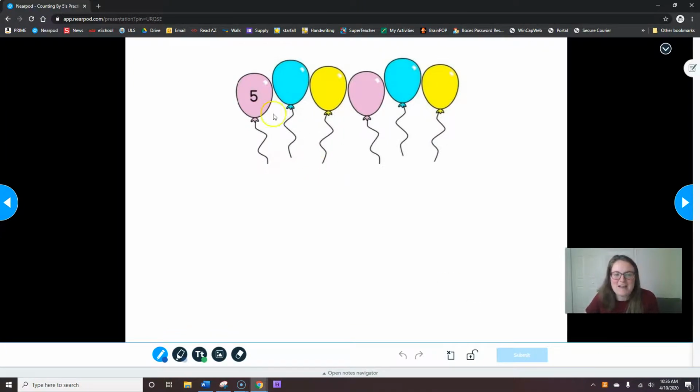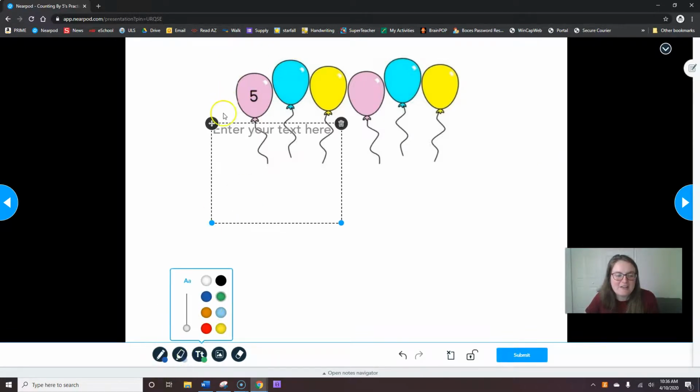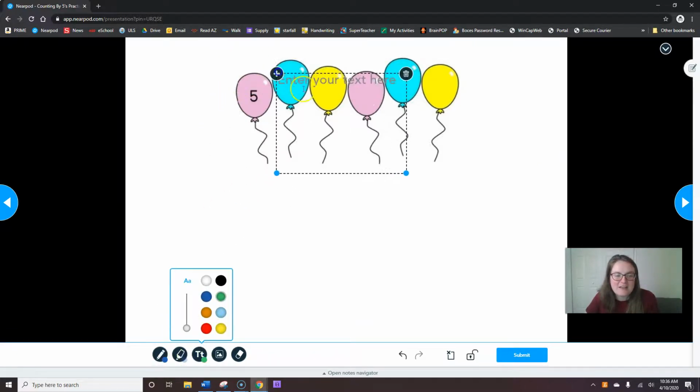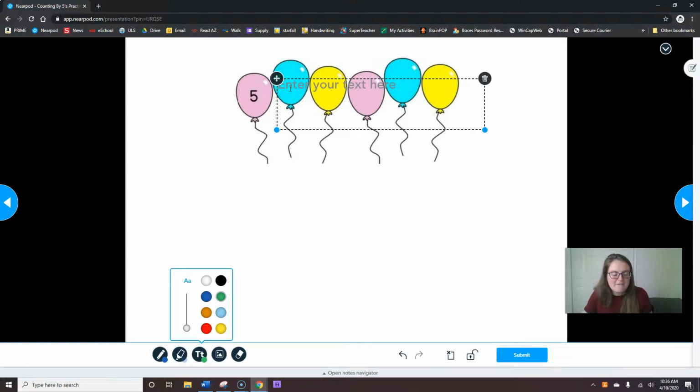Okay, now I have balloons to fill in. Okay, so 5. I think I'll type it again. I thought that was a little bit easier. Now they won't line up perfectly, but that's okay. 5, 10, and I have to hit space, 15, 20, 25,